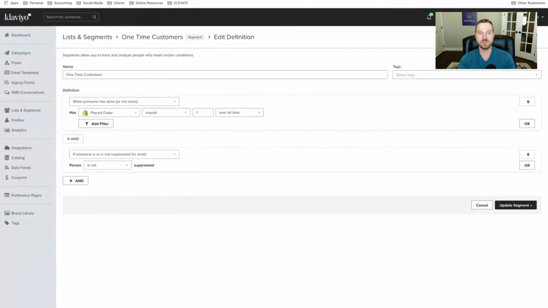And then maybe VIPs are people who have purchased 3 or more, or maybe 5 or more times. Or maybe it's because they've spent a certain amount. So there are all these different rules that you can set for that. And again, just to give you some insight on how you can use this to craft content